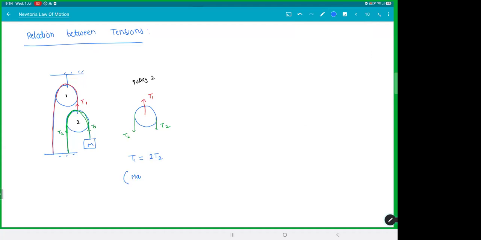We are assuming pulleys are massless. So there is no mass to the pulley. So if you have two ropes pulling one string, tension becomes double, right? If I give you one more example,